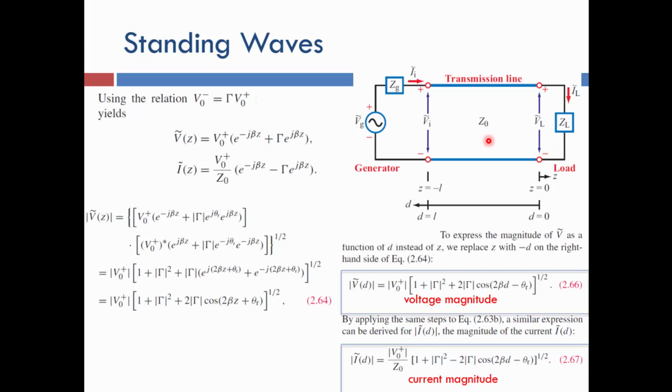We said we could do that by calculating many parameters, and in a previous part we explained how we could measure the reflection coefficient, which is the ratio between the